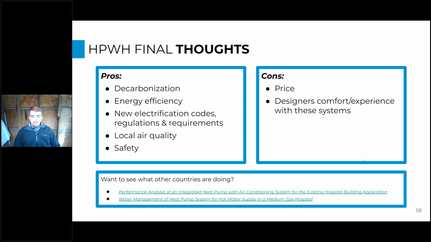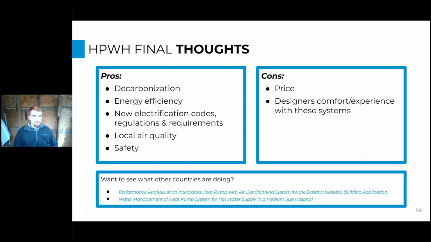And then we're talking about hospitals where there are a lot of people with respiratory issues. So one thing we didn't touch on yet is the local air quality that these heat pumps will help out with, right? A lot of boiler systems that are employed to both heat buildings and heat the domestic hot water load, they're exhausting that boiler exhaust gas right into the air surrounding these buildings. So if you have a lot of patients with respiratory issues or just the general population, putting all these gas emissions into your local air volume is going to be really detrimental to your health there. So heat pump water heaters, all they do is cool the air around, so they don't have any of these